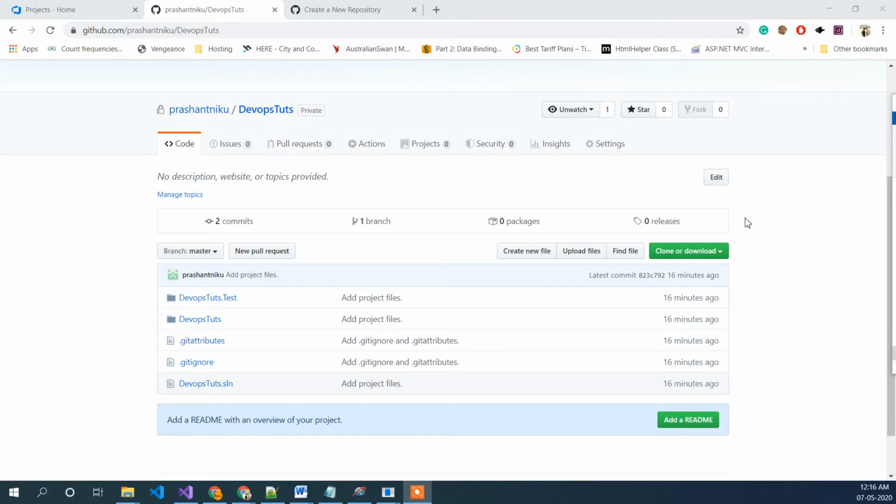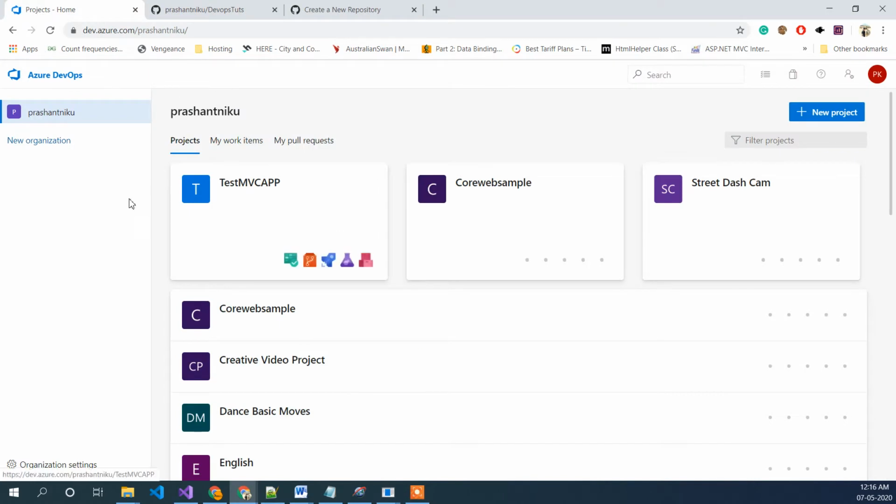In my last video, we mapped the Visual Studio project, which is created in MVC, to GitHub. So in this video, we are trying to create an Azure board with the project and try to map our GitHub project with that, so that we can create pipelines and similar stuff. This is also very new, so I might get confused in some steps, so please bear with me.